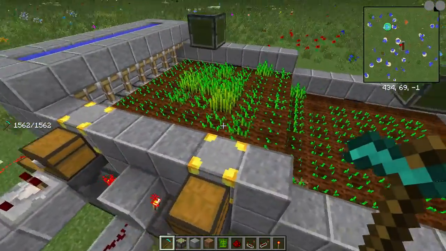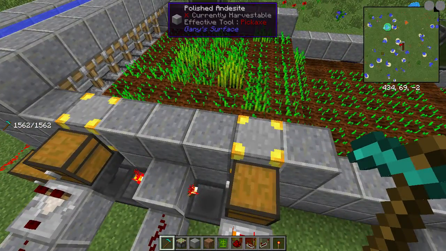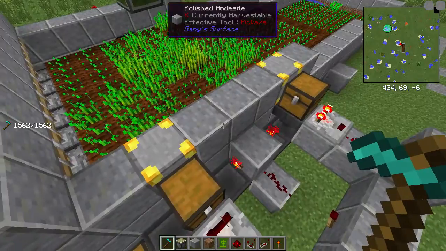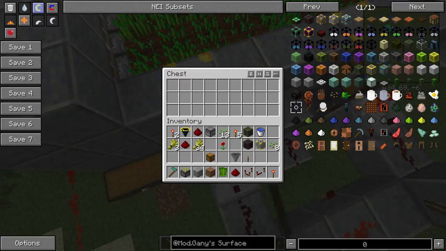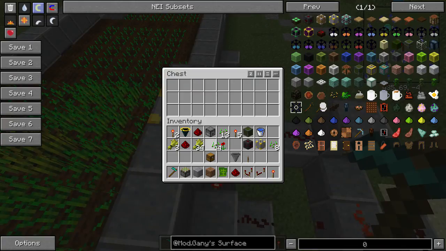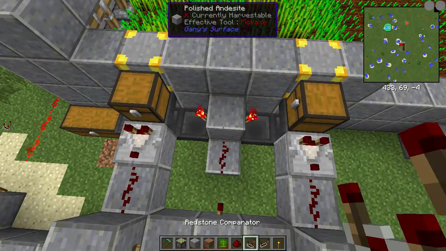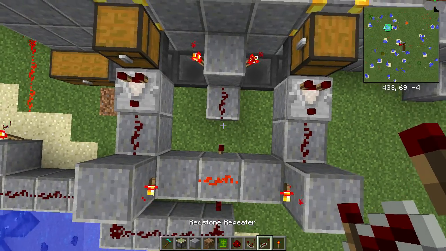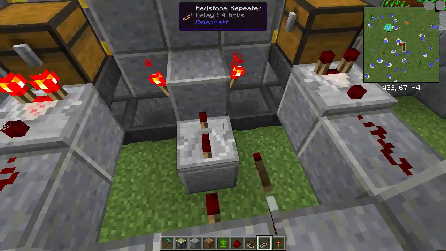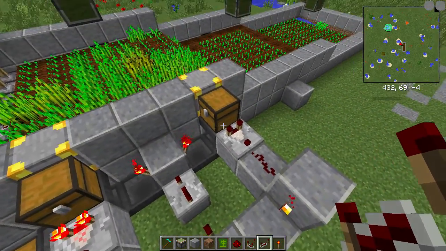Okay guys, so because the block detectors didn't work, I had to improvise. So I now have two of these sensitive dislocators, and they're connected to two chests with comparators on them. Let's just take that out of there. I'm just thinking I probably need a redstone repeater here rather than a redstone torch. Okay, so